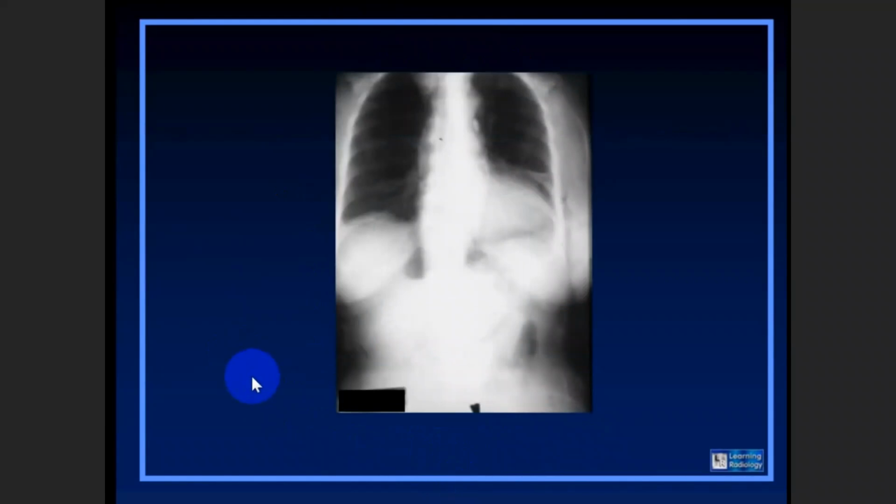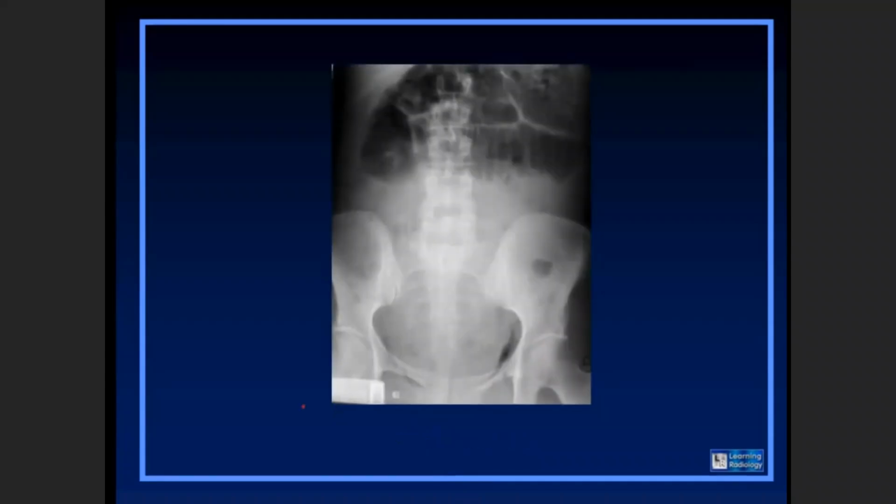Here we have free air in the lesser sac in this area, making a triangular shape between the lesser sac and the retroperitoneum. Here, the air in the lesser sac. In this image,